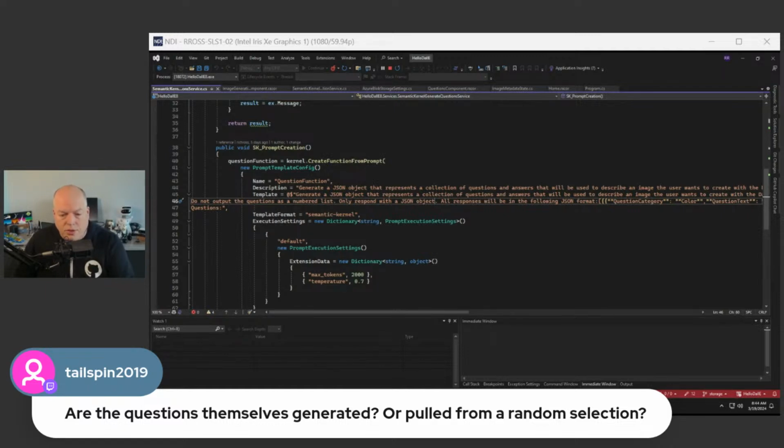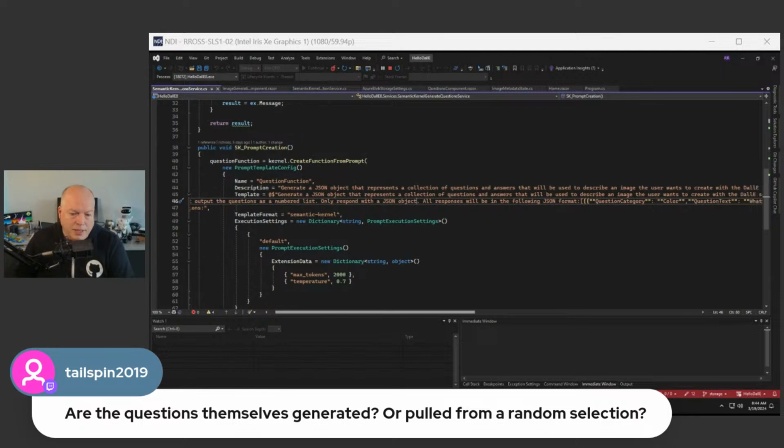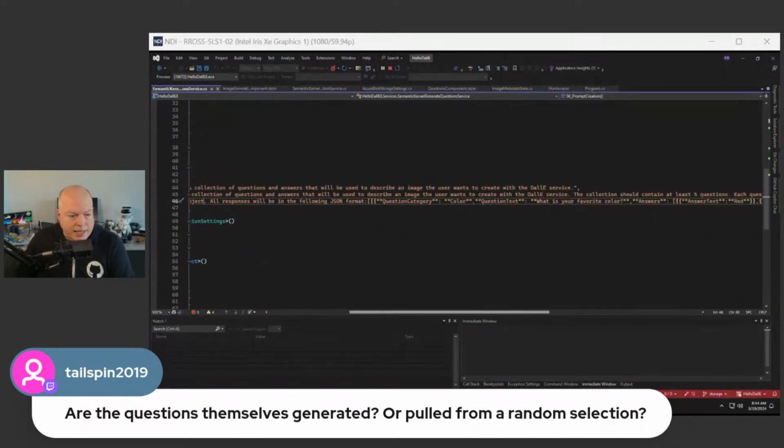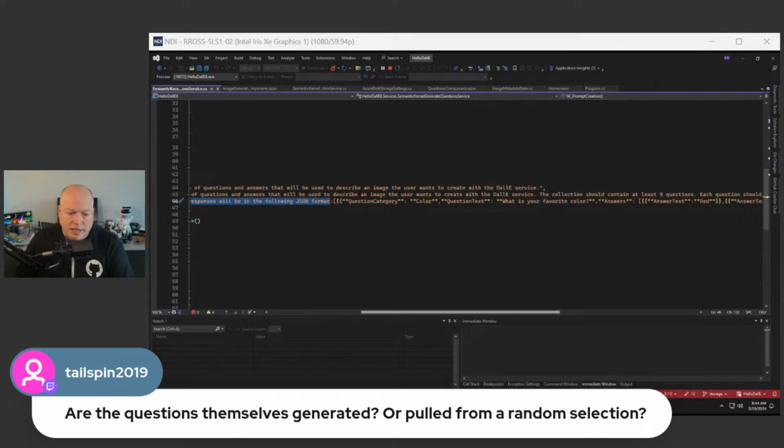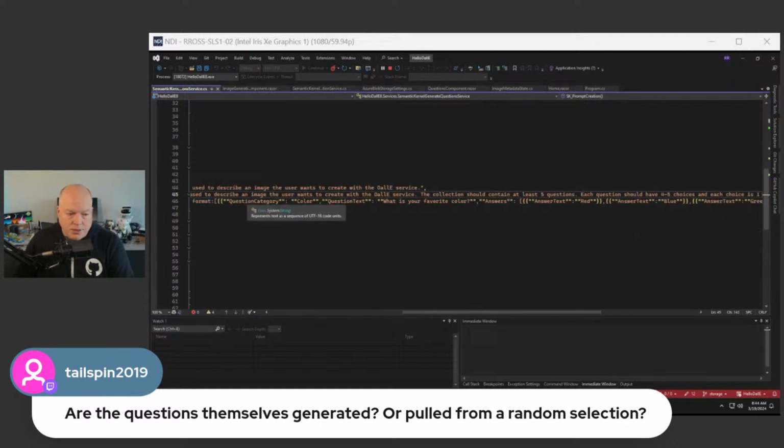Just like talking to a young child, sometimes you have to say it a couple times in a couple different ways for them to fully understand and get the message. But in the end, we're saying all responses will be in the following JSON format, and that's important because we have a question category, a question text, and a collection of answers with an answer text, and that's needed because in our